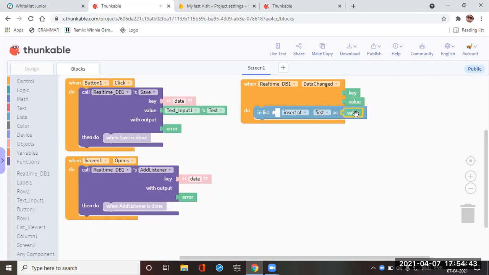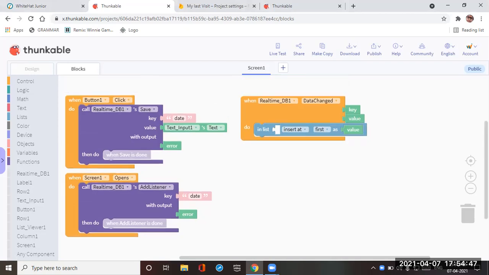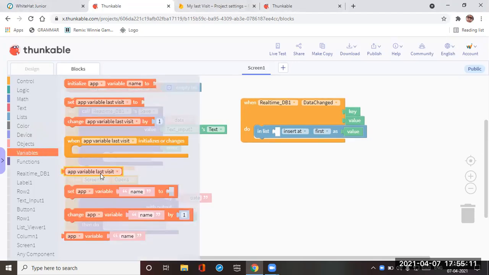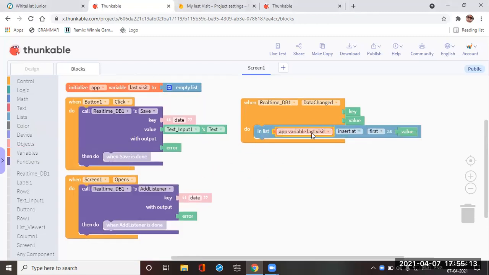We are going to use this app variable last visit here, which we have declared as an empty list. Now it will be filled with one list, with app variable last visit.